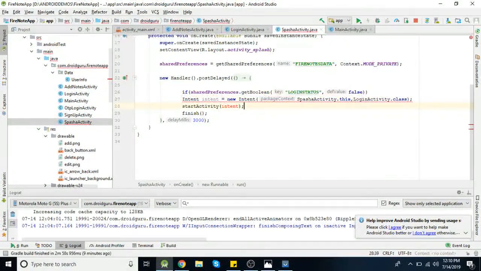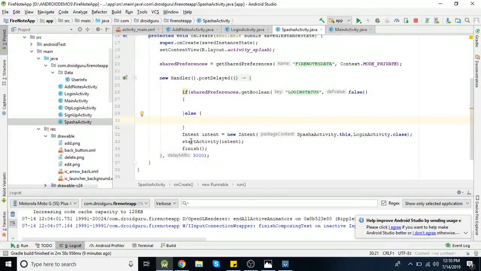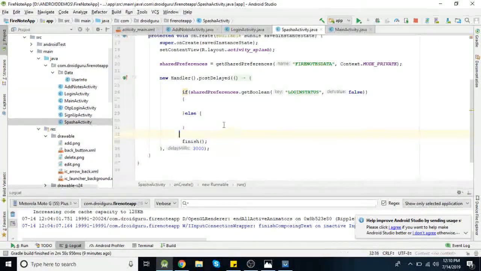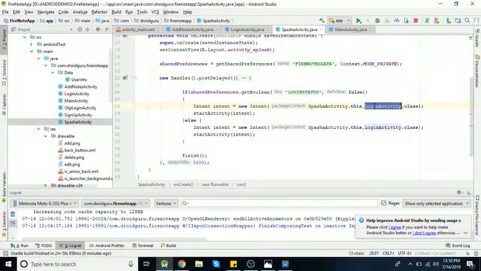Okay, so if this value is true, then only we can open main activity, otherwise we need to open this login activity. And if this value is true, we'll open our main activity. Okay, now let's check it.